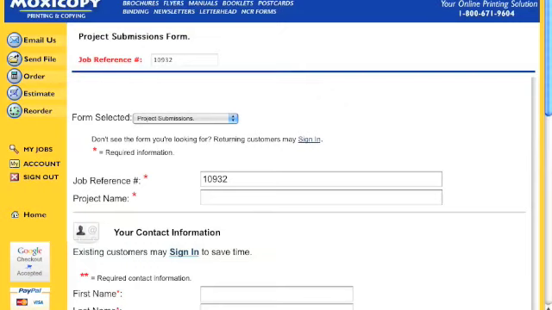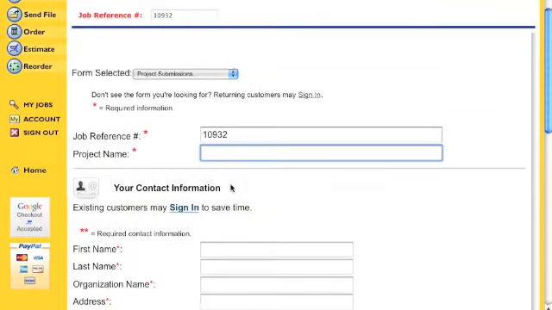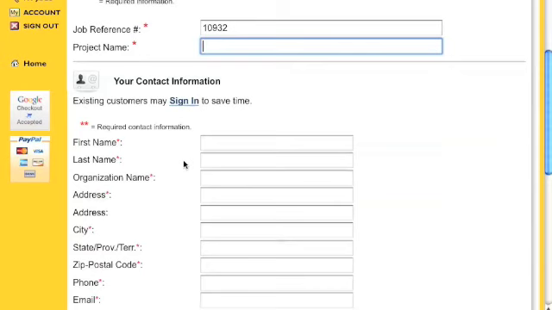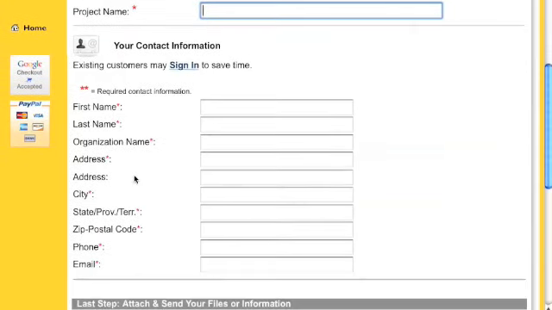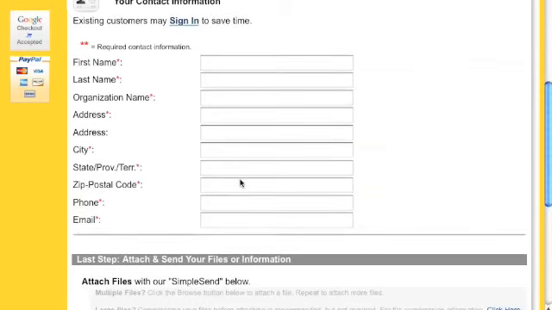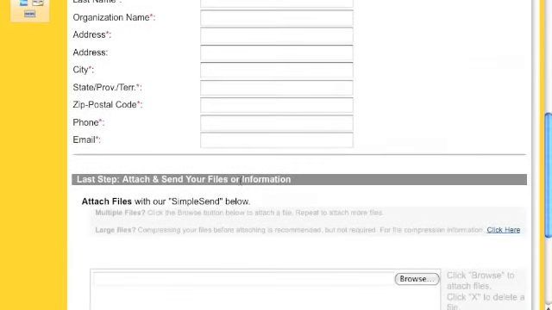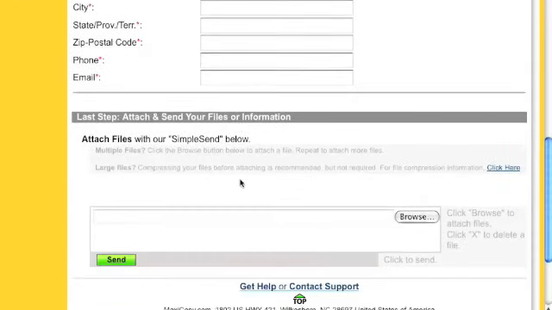Now this page is going to let you specify a project name and your contact information. You'll be able to see these fields right here. As you get your project name, we can type that in, and we have all of our contact fields. So be sure to fill out all the appropriate fields right here. Now if we scroll down to the bottom here, we get to the attach files section. This is the section where you're going to attach the files we need to print your job. You simply just click the browse button and a